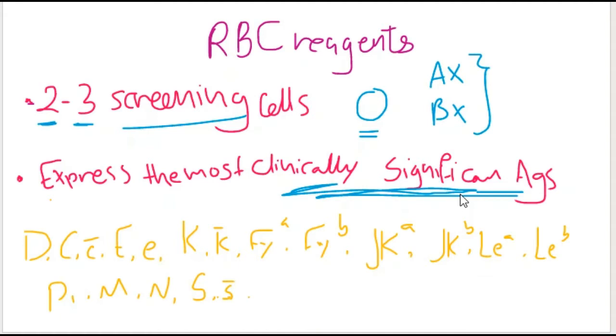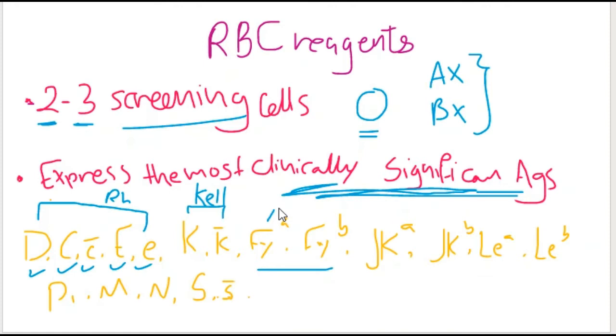So these screening cells must express the most clinically significant antigens, which are these 5 antigens from Rh: big C, little c, big E, little e, so these from the Rh system; the big K and little k from the Kell system; Duffy A and Duffy B from the Duffy system;